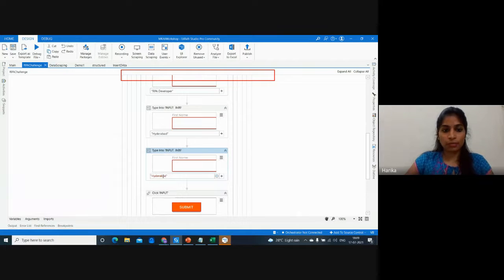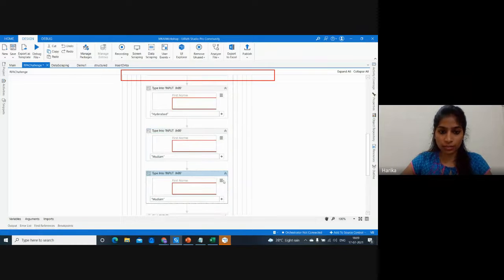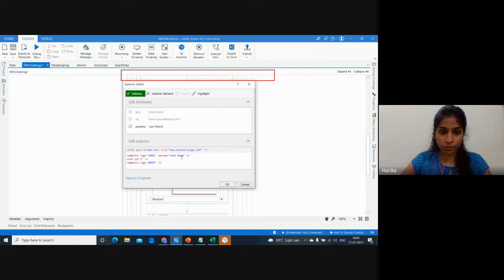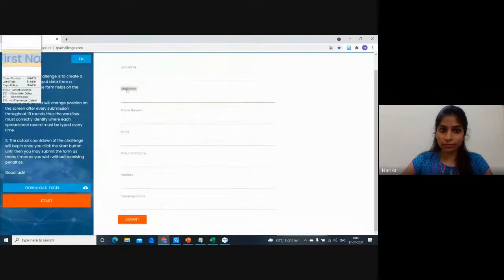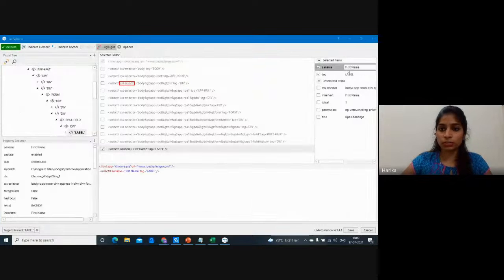The last name, I would say, let's go to first name as well along with the last name. Go to edit selector. You can either give it directly or you can go in and just take the name. That is the most constant attribute that you can take.